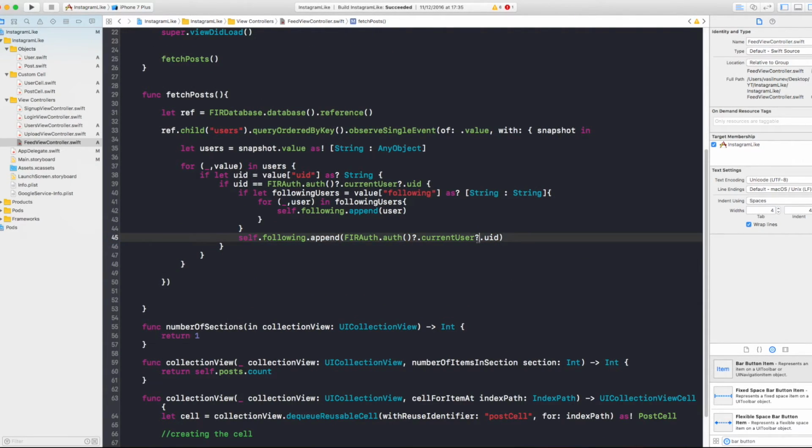Okay, I'm just going to make sure that this exists in order to not get an optional. Perfect. Now I have all the people that he is following and himself. That means that I can go and get all the posts with the user IDs that are in following. And the way you do this, right here,